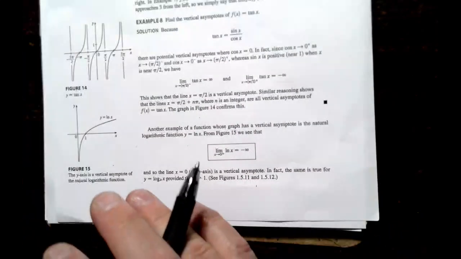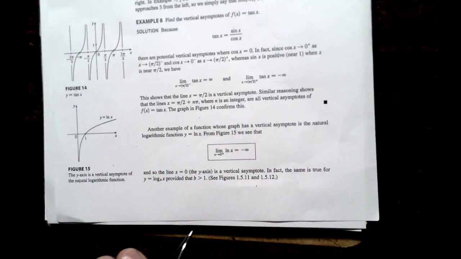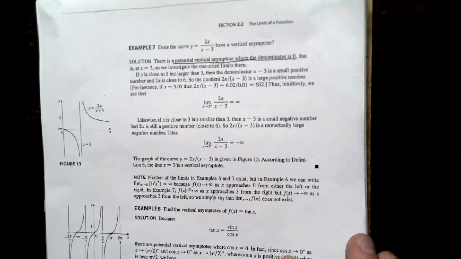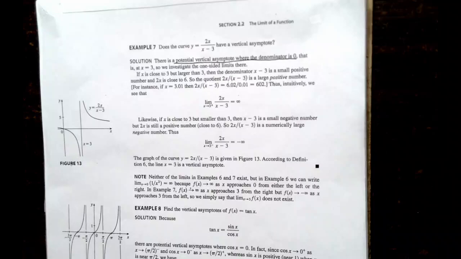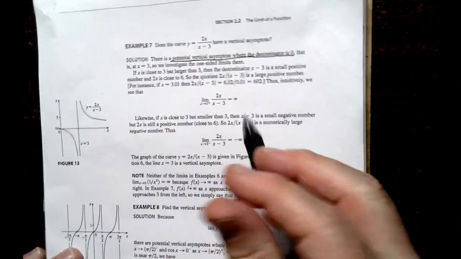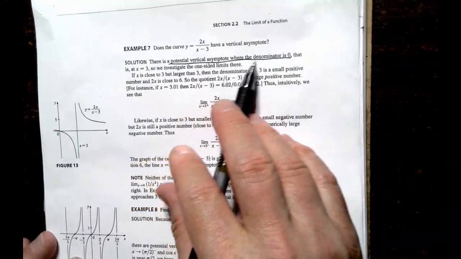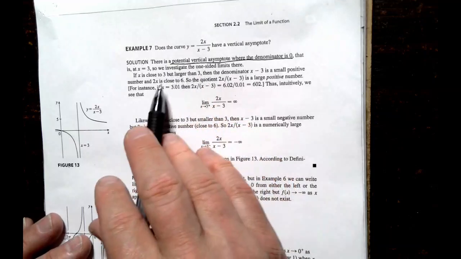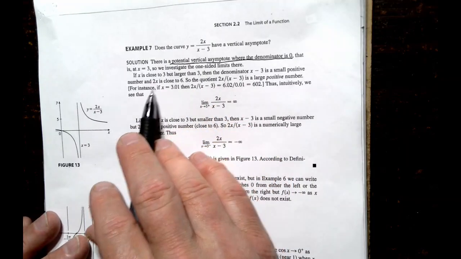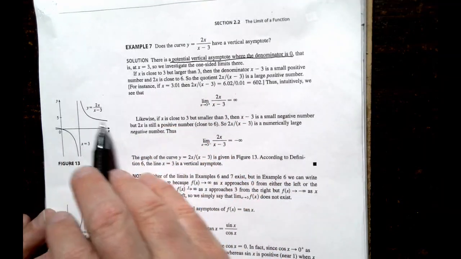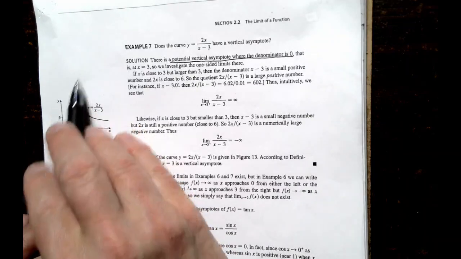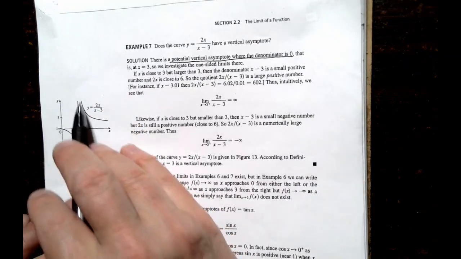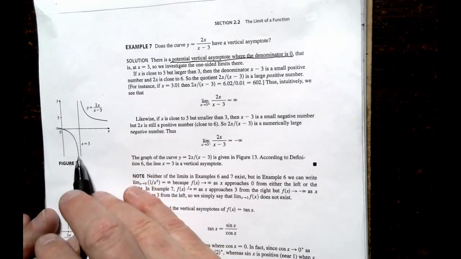Alright. Example 7 asks: does the curve here have a vertical asymptote? Well, there's a potential vertical asymptote whenever the denominator equals 0. So here, if x equals 3, it's not defined. If you look at this, if you come at it from the right, it shoots to infinity, and from the left it goes to minus